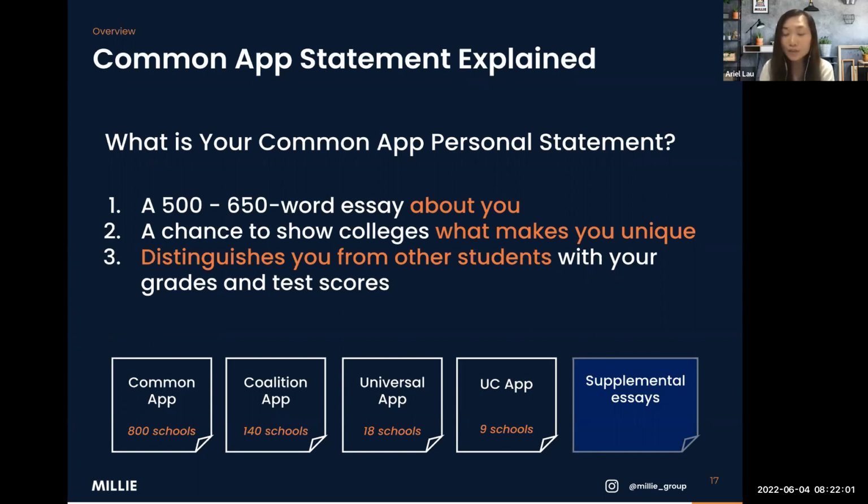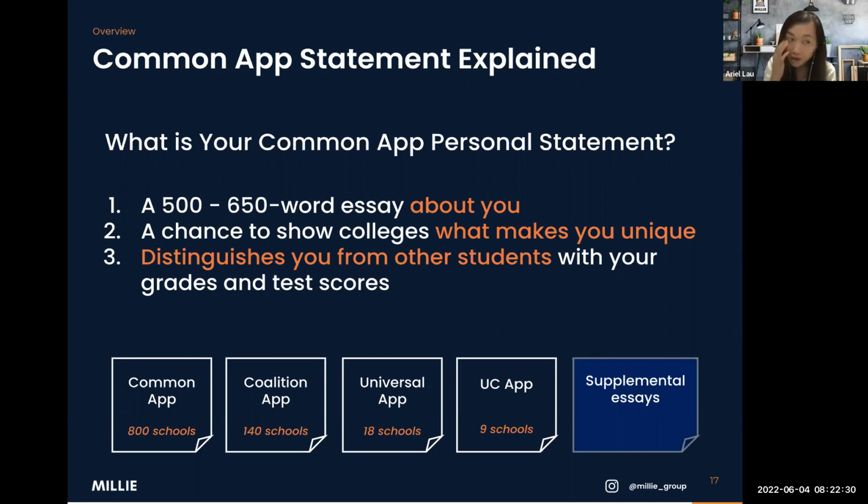And last but not least, for every single school that you apply to in the US, they actually require a supplemental essay as well. Say if you're hoping to apply to Cornell University, for instance, on top of the Common App statement, you would also need to write two additional statements called the supplemental essays, and they're specific to Cornell admissions. So the same essay would not be used for other universities' applications, and you would have to complete other essays as required by other universities.